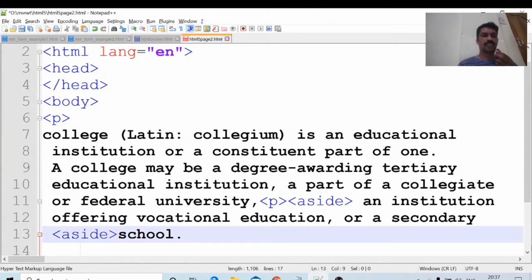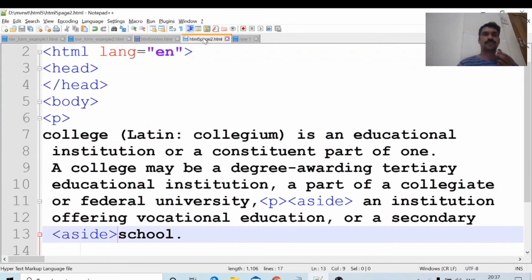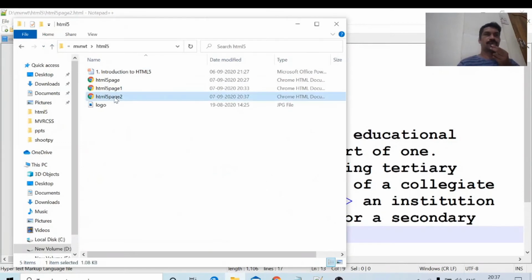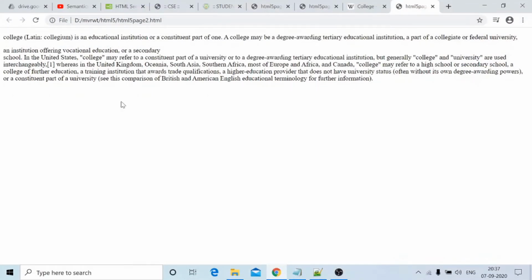Control S, save. Now open that file in the browser, F5. Whenever aside comes, that content will come on the side of this page.